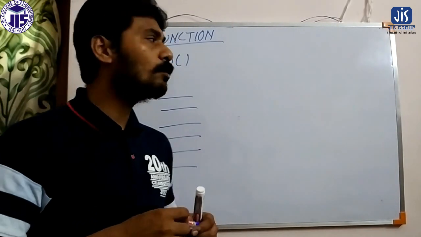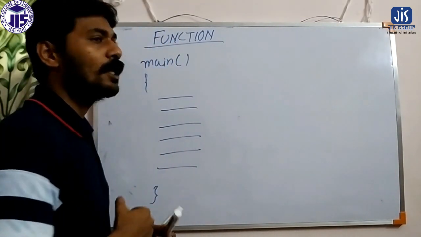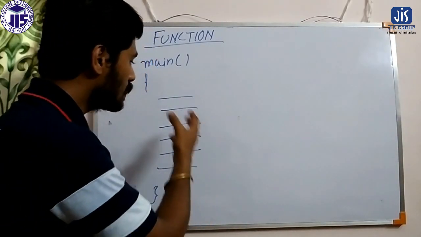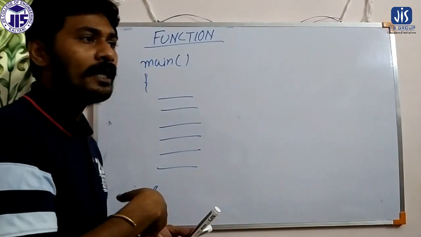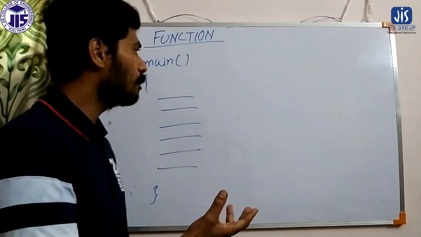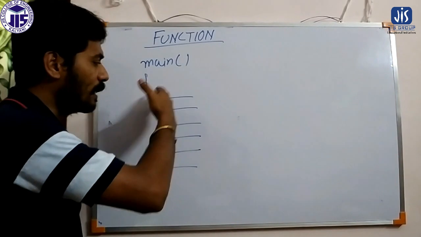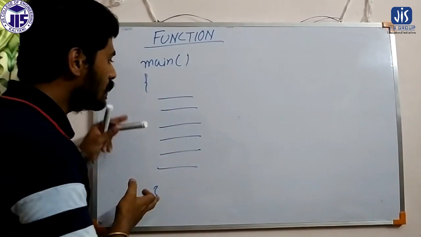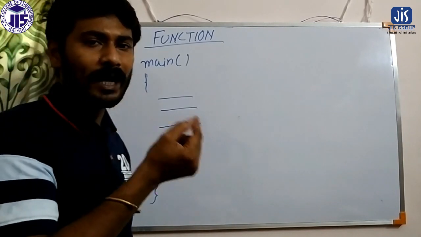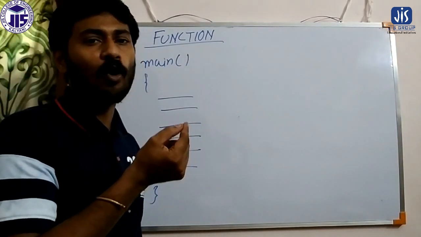Now whenever we compile the program, after compilation we will get a list of errors that occur in the program. It may be a logical error, it may be some other errors, but some errors may occur in this main program. Now in this large program we have to identify the point where the error occurs.